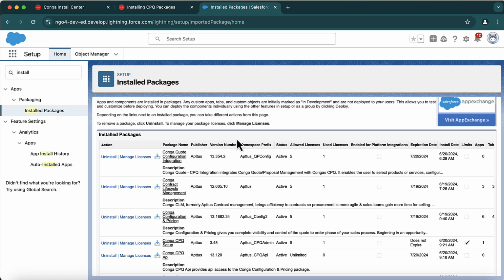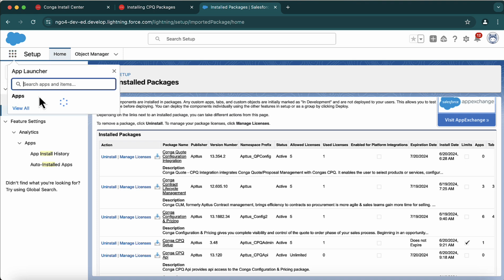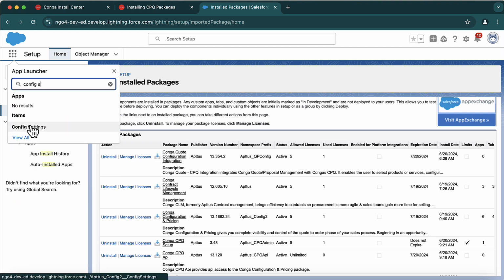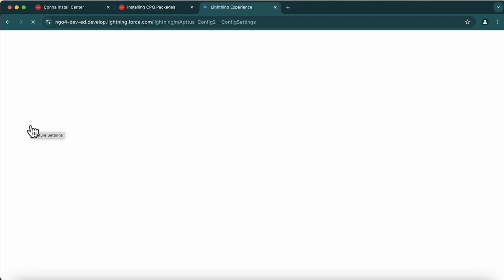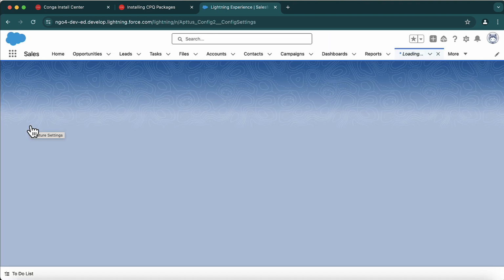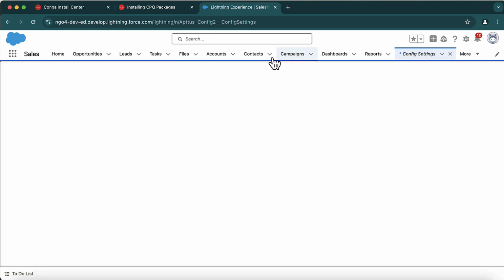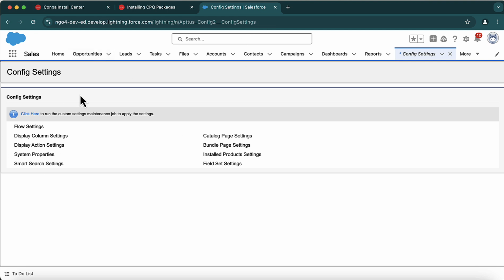Now since the package installation is completed, we need to do some setup. For that, you need to go to config settings. Go to config settings. This is what you see right now. Once it loads, you will find this as a page. It's a VF page, and here there are certain links to the settings. These are all the custom settings,